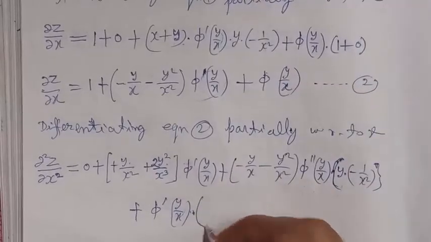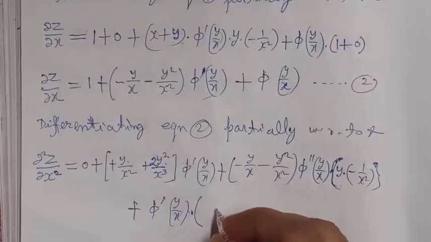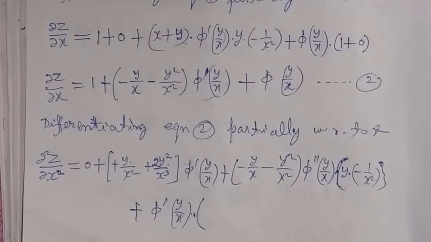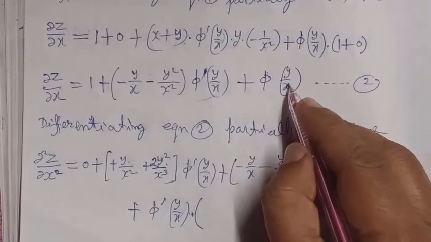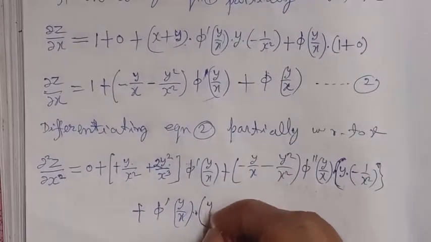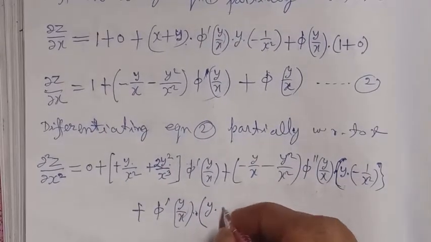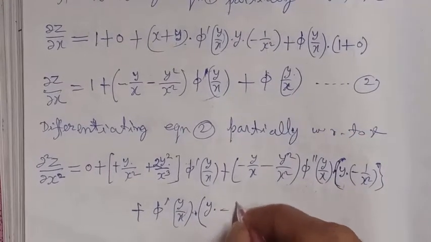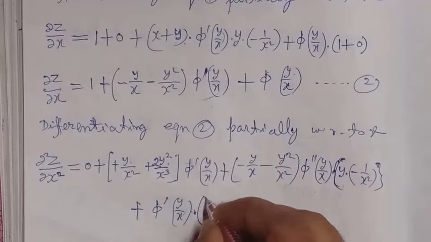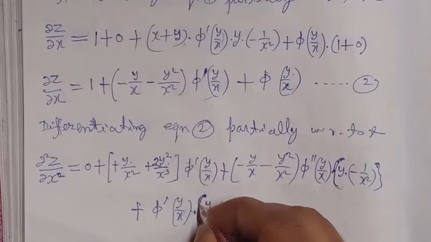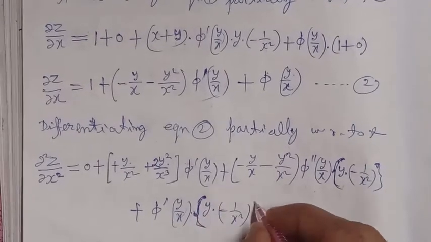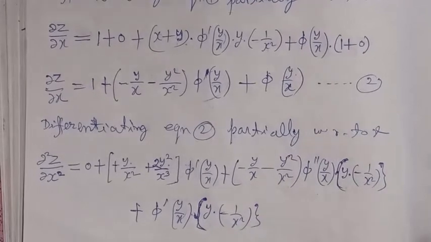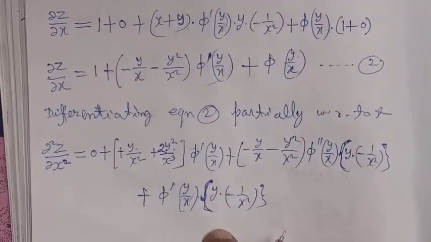Differentiation of y upon x with respect to x: y is constant, so take y constant, and differentiation of 1 upon x equals minus 1 upon x square, and I convert this bracket into a curly bracket. And the next term